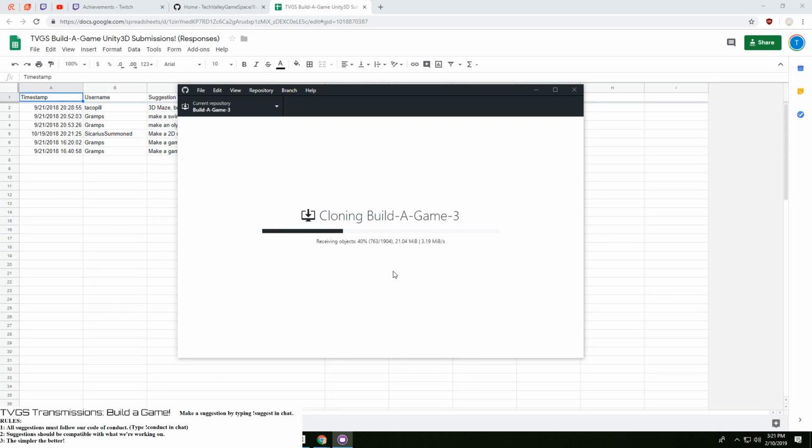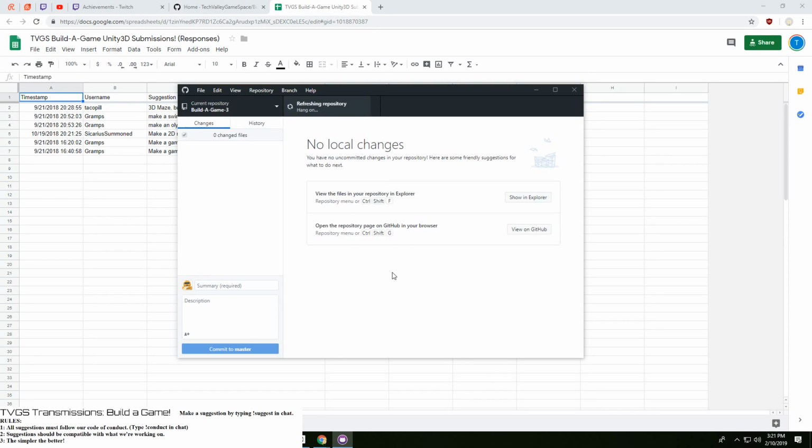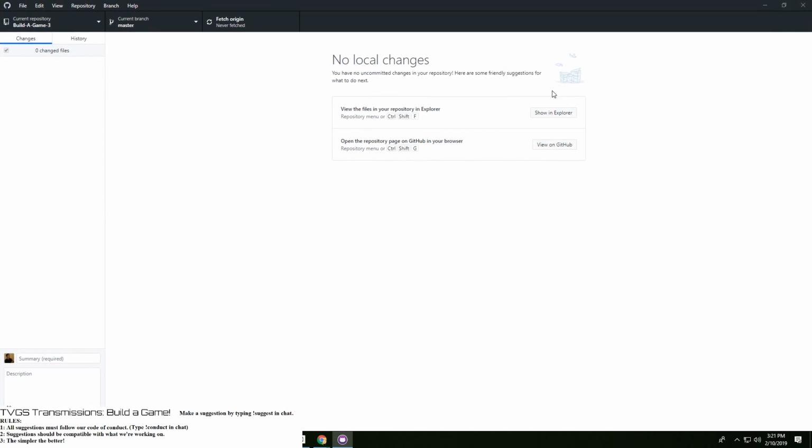What the clone does is it actually downloads a compressed version of all that history, and eventually it will pull, I think, from the master branch, we call it. It will pull the master version from the downloaded repository, and get the latest version of it. So it will take all that history information, compile it, and basically unpack it on our computer to have a version that it thinks is the latest.